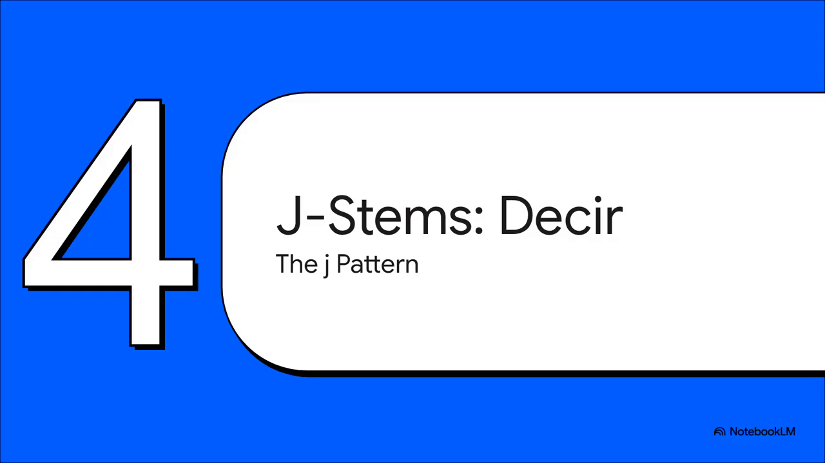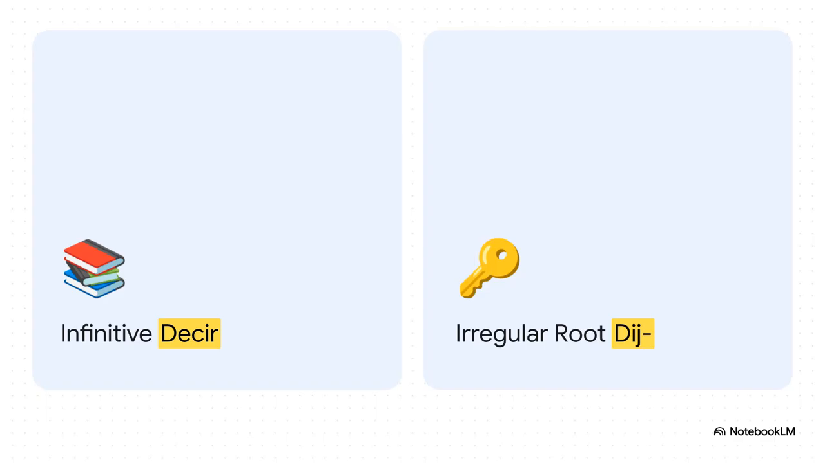Section 4 already, the J stems, featuring the verb decir. Let's focus on this decir, which means to say or to tell. Now the transformation here is a little bit more dramatic. The root for decir completely transforms into dij, spelled D-I-J. But hey, once you lock that specific root into your memory, you are completely prepared to plug it straight into